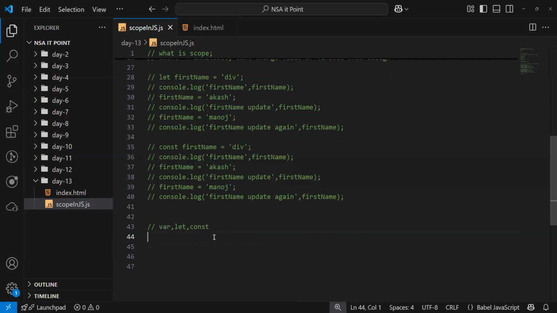Okay, let me just write for you. Var allows you to recreate, reassign. And let doesn't allow you to recreate, but allows